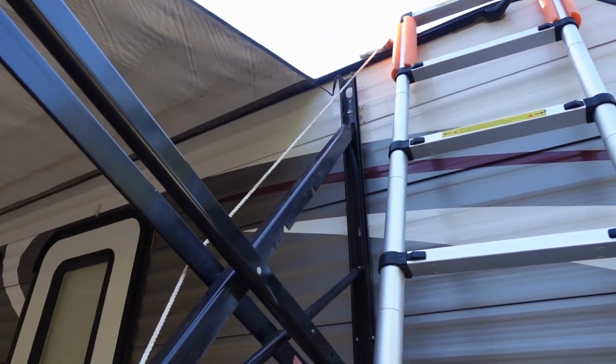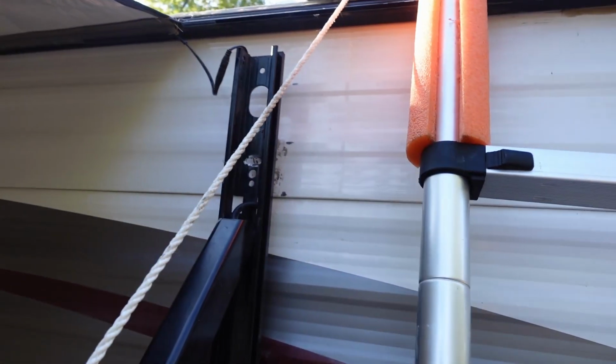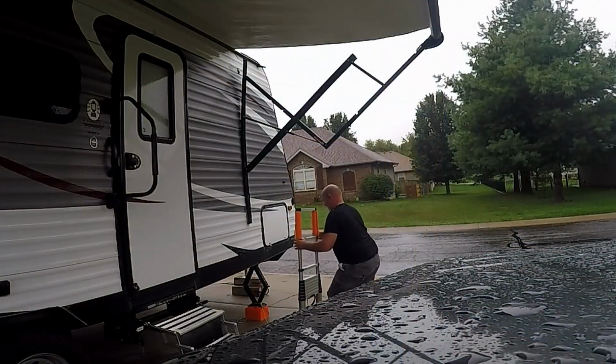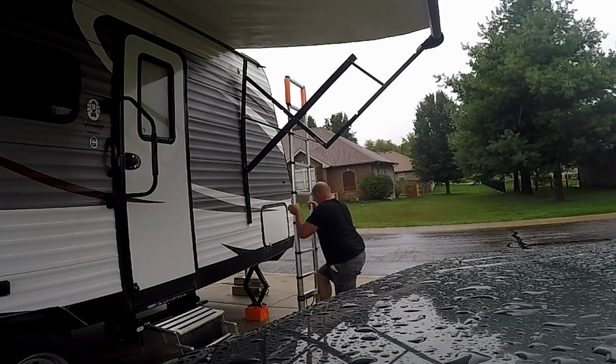As you can see, I am doing some work on my awning. This upper screw pulled out the other day. It stripped on us, and it was right in the middle of a rainstorm when it pulled out. So I had to quickly work on getting it back. Well,